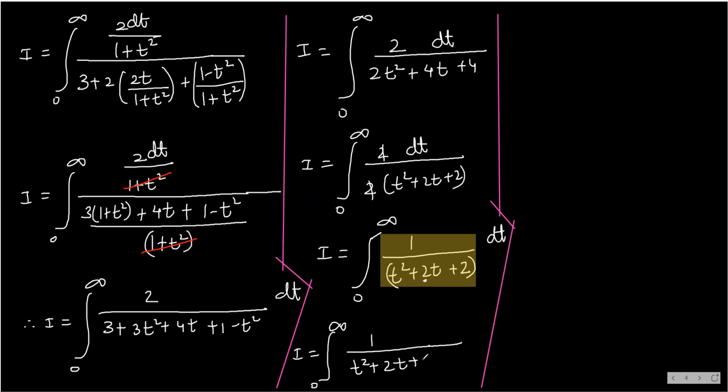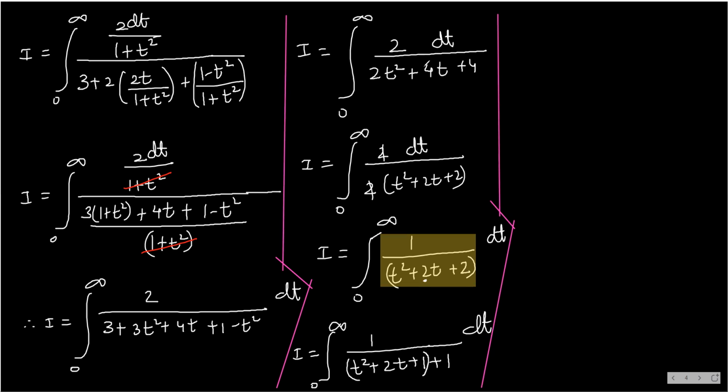This is plus 2. I write plus 1 plus 1. Now why do I do it? Because I want the last term as 1. So what I can do is, I can write 2 as 1 plus 1. Now what happens is,